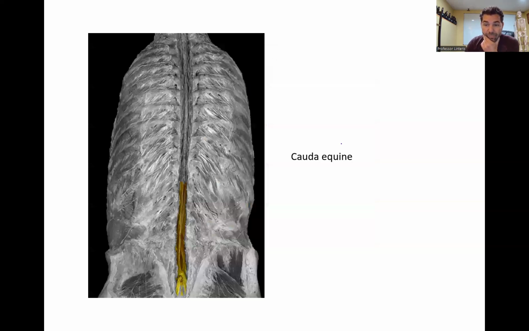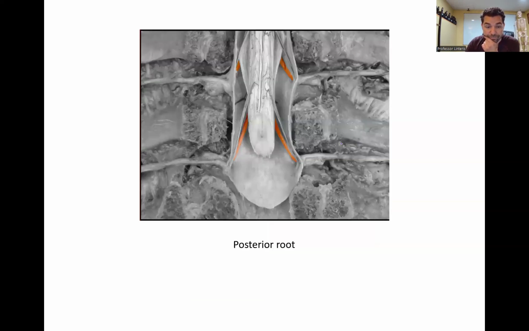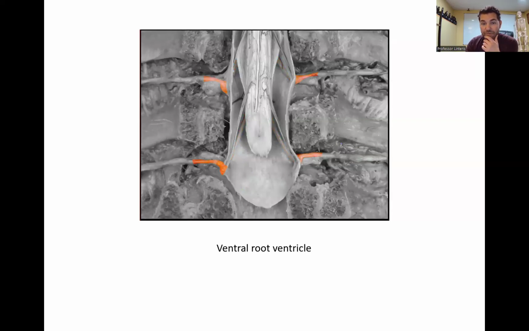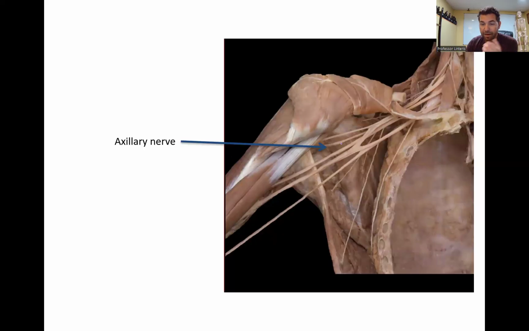Real anatomy, cauda equina, right? You have posterior roots, respectively. You have ventral roots, also known as anterior roots. Just a picture of the spinal cord, and you can see those spinal nerves branching off. We have some real anatomy pictures of the various nerves. Everything's labeled for you. Axillary nerve, obviously you utilize your real anatomy to study the stuff, so you can do your homework, and maybe I put some of those questions on